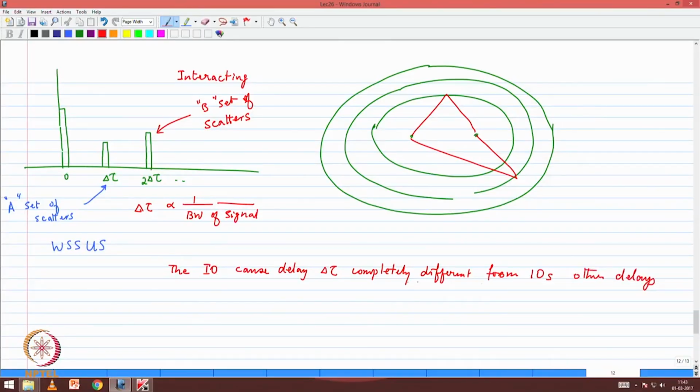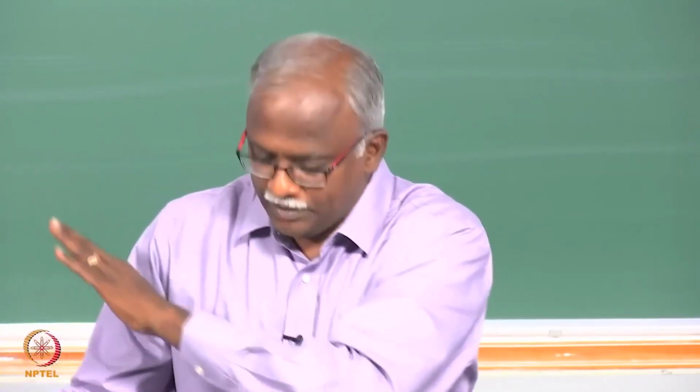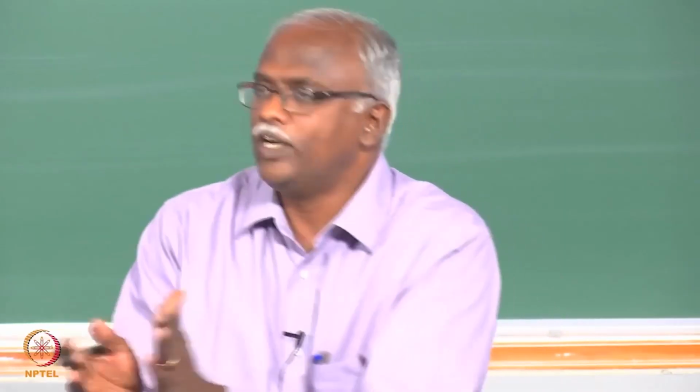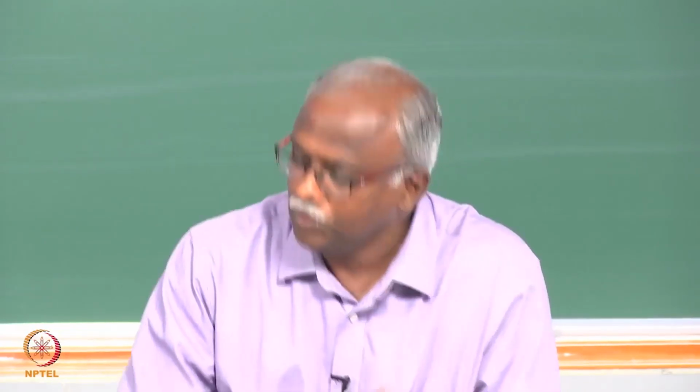2 delta tau, 3 delta tau and so on, and likewise amongst themselves also they are different. Now, this basically says that whatever happens with the IOs in annular region 1 does not have any bearing on what happens with the IOs in the other regions. In other words, what happens with this delta tau does not correlate with what happens with 2 delta tau. Therefore, there is a notion of uncorrelatedness between the IOs. If one increases, the other one may decrease. There is no correlation present. Now, how do you incorporate this particular aspect? Very, very important for us.